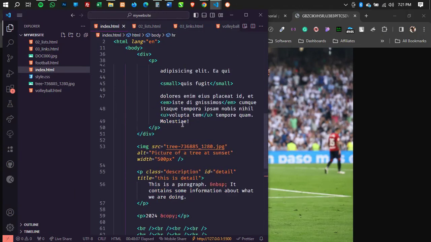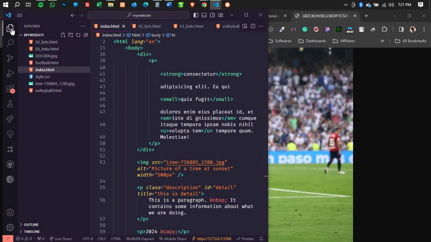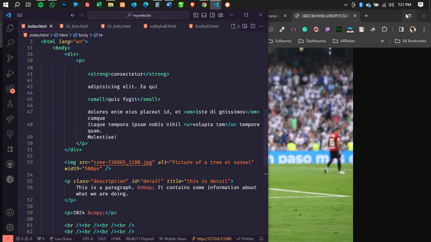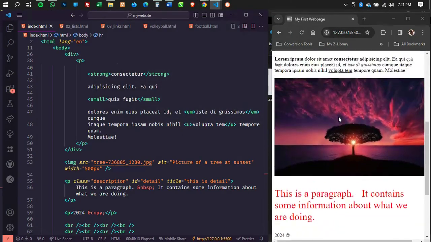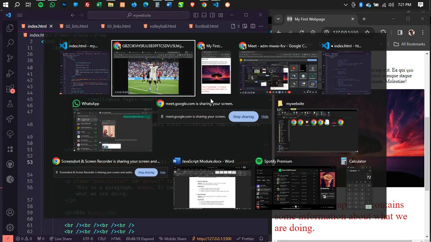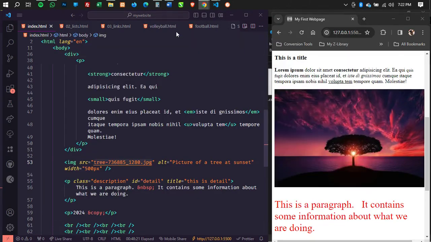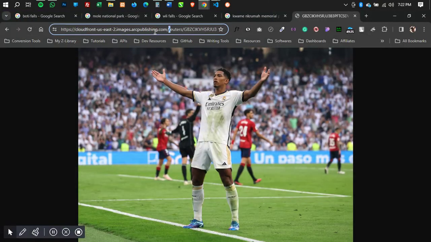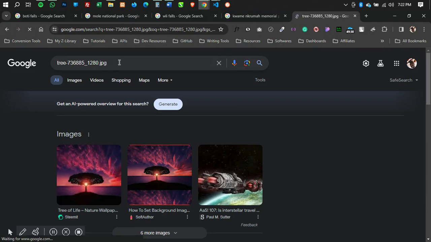Now, let me go back to my index file and you would realize that the image I linked over here is still showing, right? But when I copy the image and I go to the same browser, I have lots of tabs open. I'm getting confused. Wait, I think here. And I paste it, you realize that it's going into Google search instead. Usually it wouldn't retain any results.